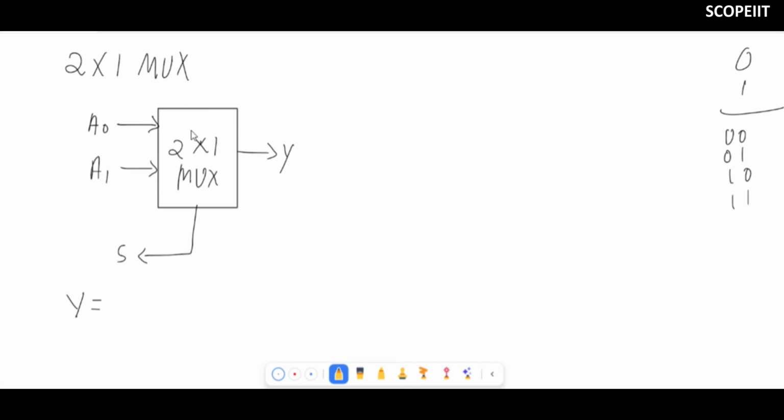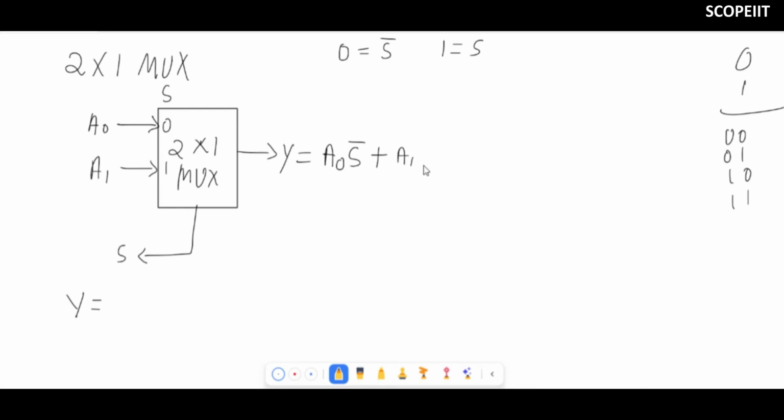As I told you, there is only one signal, that means 0 or 1. So here I'll write 0 and here I'll write 1. Now try to understand how I'll generate the equation. 0 means bar and 1 means no bar, like normal S. Now, for 0, the input is A0, so we'll write A0 and 0. This 0 is for S. So it will become S bar A0 plus, then what you have? A1.